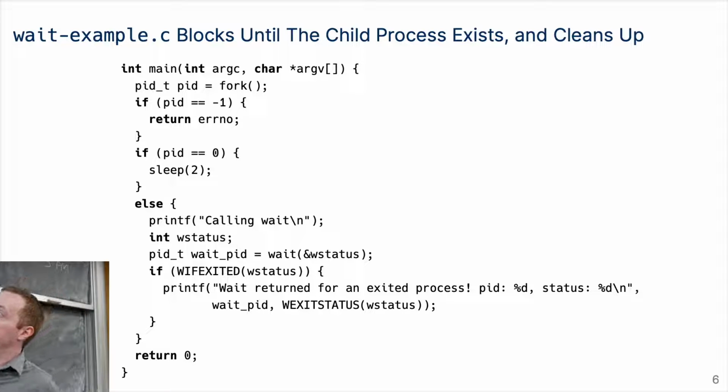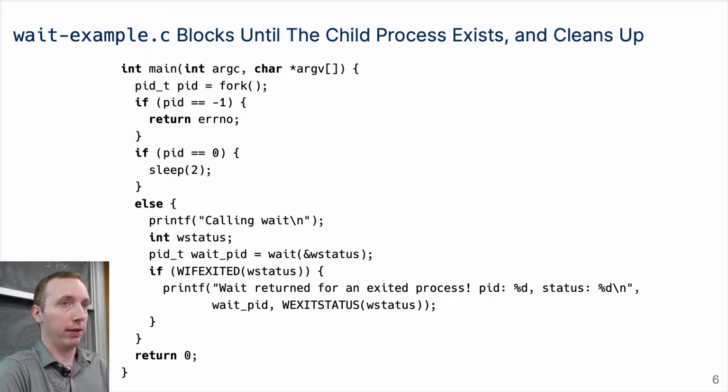In the child, which has fork return value 0, it will go into that if branch and just sleep for 2 seconds. Sleep is just a way to yield the CPU; it says put this process to sleep for at least 2 seconds, and then I'll execute again after that. The child goes to sleep for 2 seconds, then goes outside of that branch, returns 0, and the child just dies. So all the child does is wait around for 2 seconds and then exit with the code 0. Then the parent,